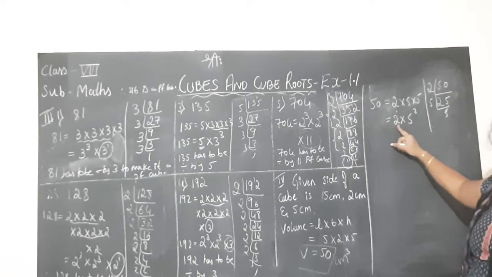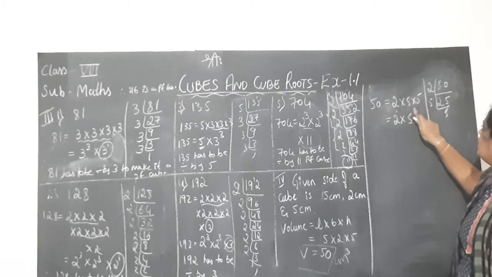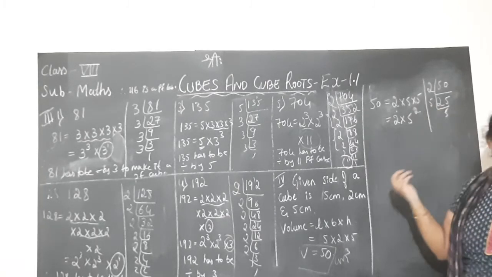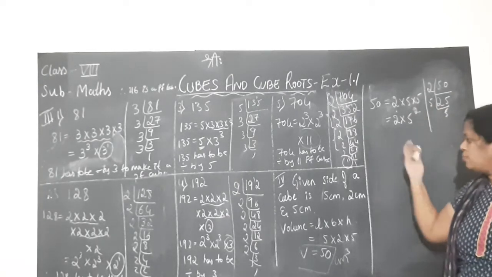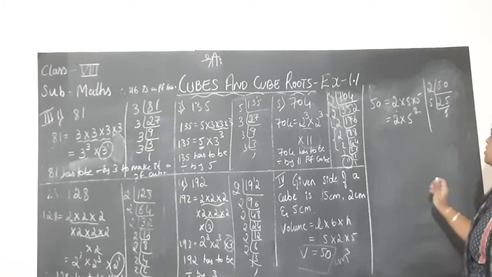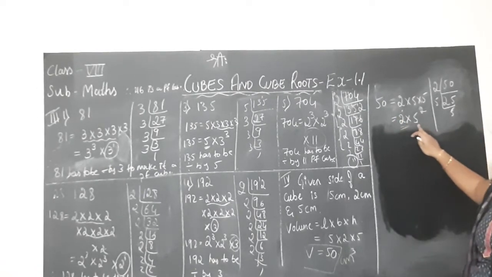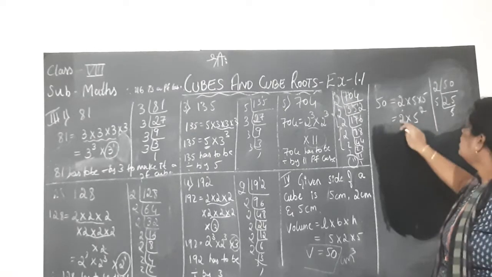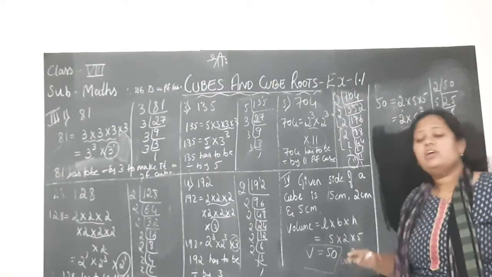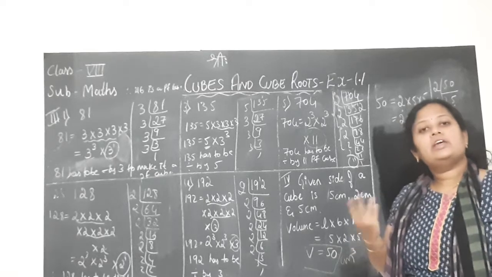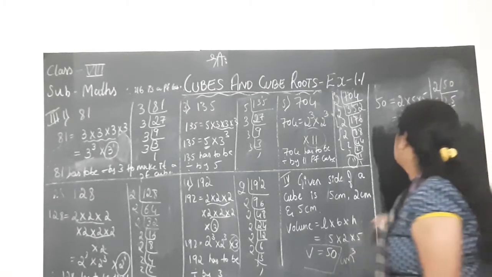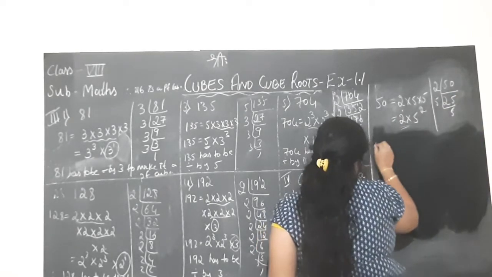2 is also not a cube, number 5 is also not a cube, isn't it, children? So do you think it is not a perfect cube? Problem is wrong? No, it is not wrong. Instead, 50 is 2 into 5 square. So here we observe that either 2 or 5 cannot be grouped so that it can be written in the form of a triplet. Therefore, you will write one sentence.